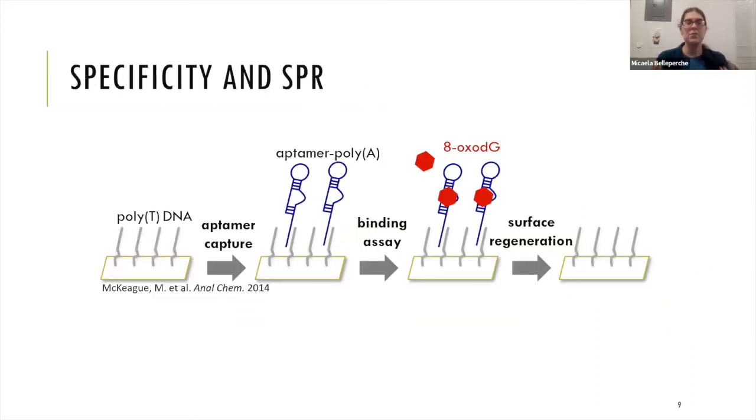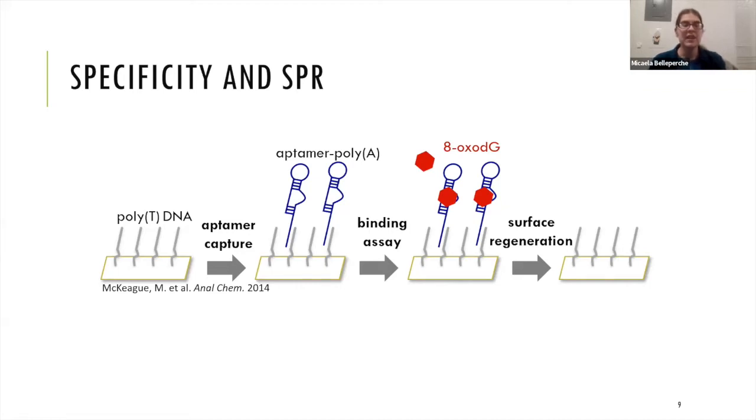Now, of course, we needed to confirm the specificity of this aptamer as well, especially in the minimer state, and we had a lot of mutation analyses to do. So for these experiments, we used an assay that my professor previously developed for highly sensitive small molecule aptamer kinetics. And this is a modification to standard SPR, where instead of modifying the chip directly with the aptamer, the chip